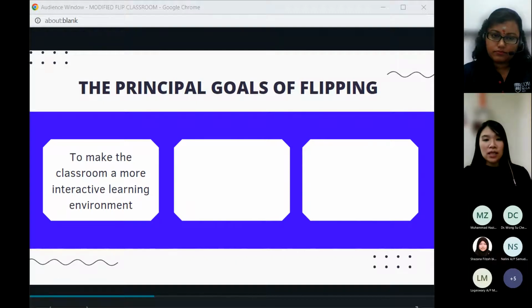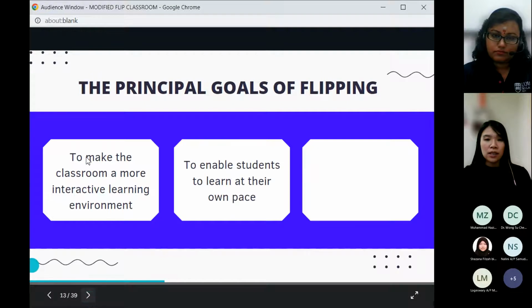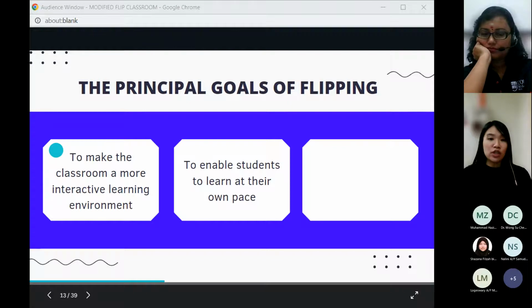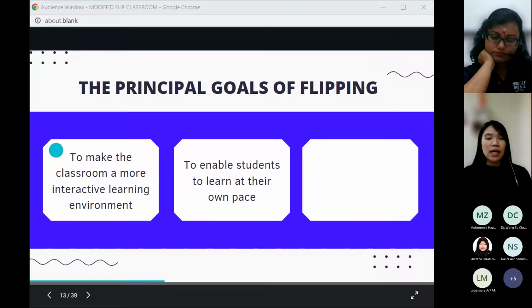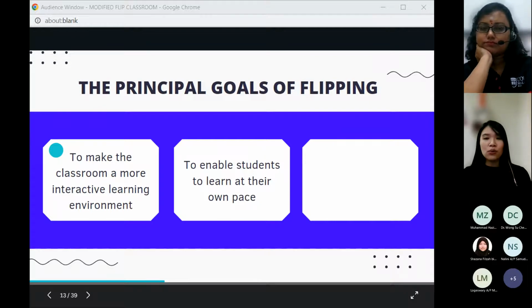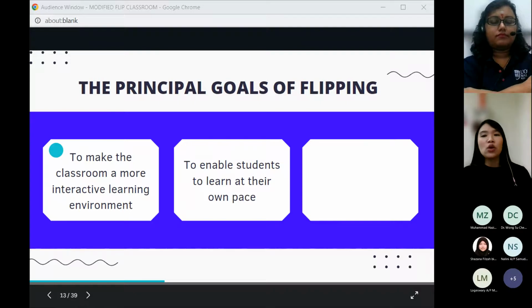And the next thing is to enable students to learn at their own pace. Like what Miss Shamini said, we have fast learners, we have slow learners, and some students might learn in a different way compared to the rest. Some students cannot grasp the knowledge at the same pace.